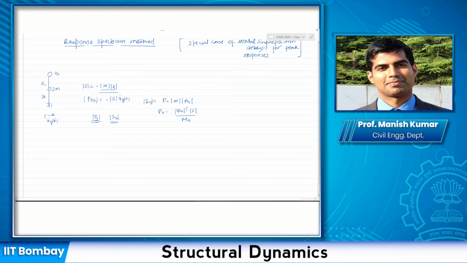Once you have that, remember my f(t), the equivalent static forces, are nothing but S times A(t). So for the nth mode, it would be S_n times A_n(t). Similarly, you would have F1 and F2. Once you have that, can you also get me the base shear V1, V2 at each degree of freedom? Okay, let us do that. First, we will do a time example. Then, if time permits, we'll do this peak response example.